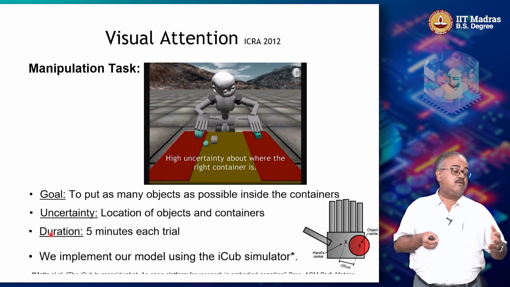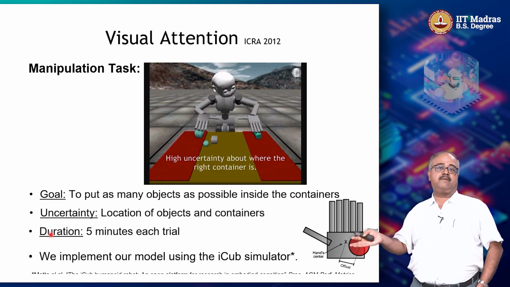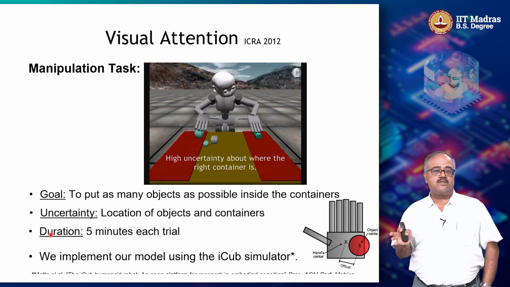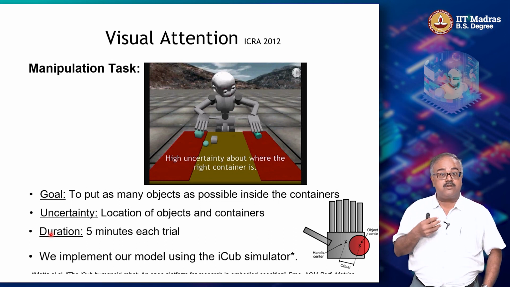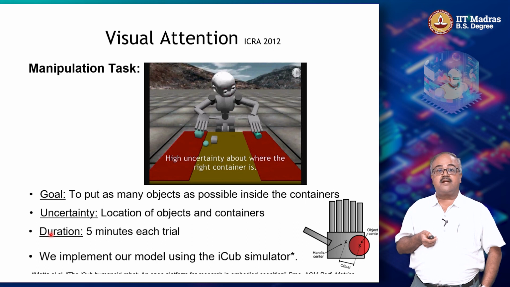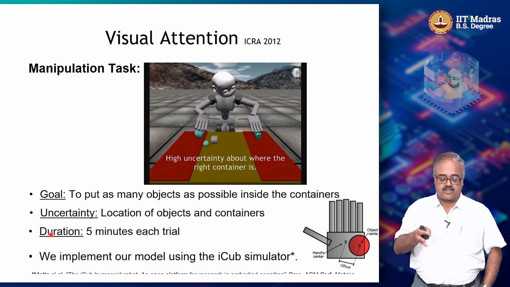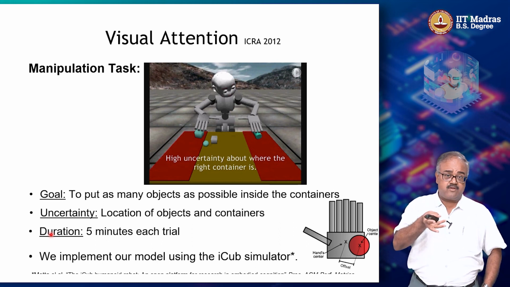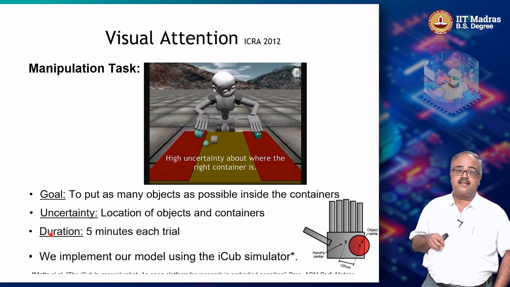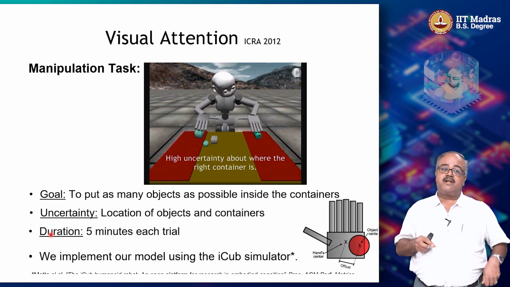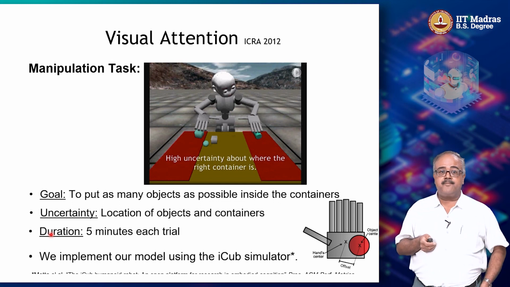So when the robot is just looking to the left, it doesn't know where the actual container is on the right. It doesn't know where it starts and so on. It basically has to look left and right multiple times before it knows where the containers are, and it can start manipulating the objects and put them into the containers. And likewise, it doesn't know where the objects themselves are and how to hold them. It has to look at things multiple times and try to grasp things multiple times. This whole uncertainty is there.